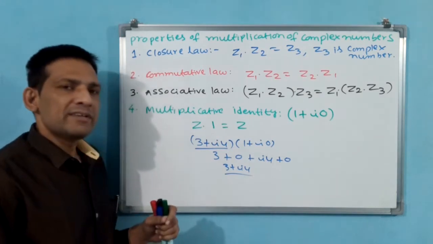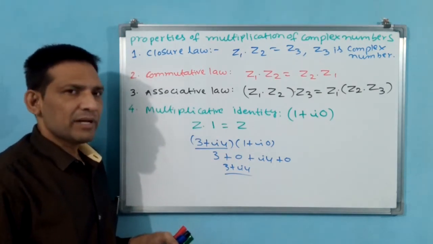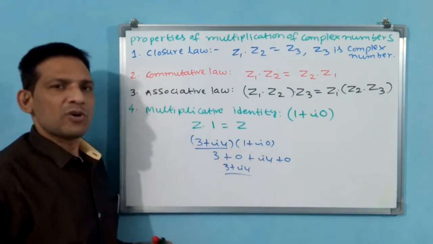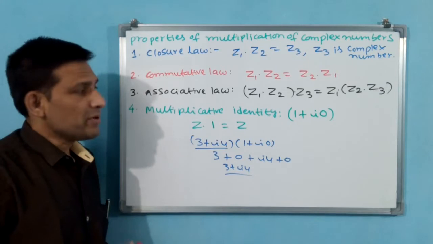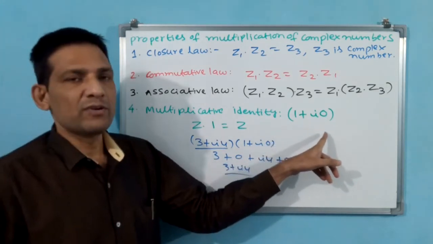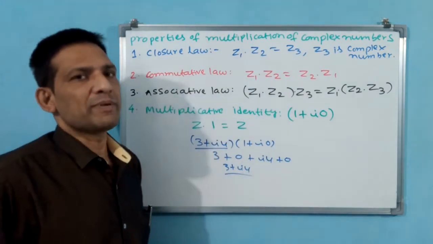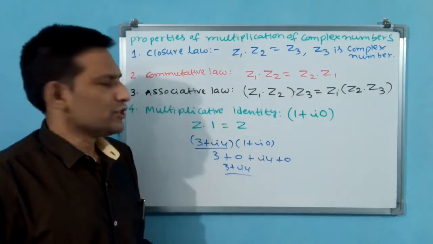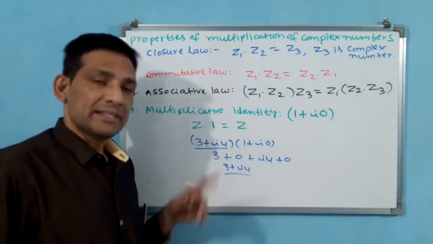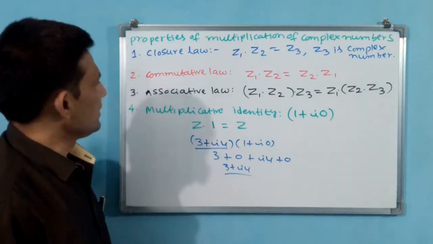How to write 1 in complex form, you know very well. Because 1 is a real number, the imaginary part 0 you are going to write, i0, like that. Why? Because in the examination, if you write 1 plus i0, then only they give marks. Keep that in your mind. Why? Because we are studying the chapter complex numbers, so in complex form only you have to write. If you simply write 1, they may think that this is a real number only, not a complex number.